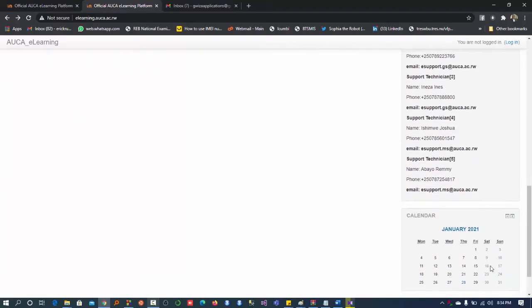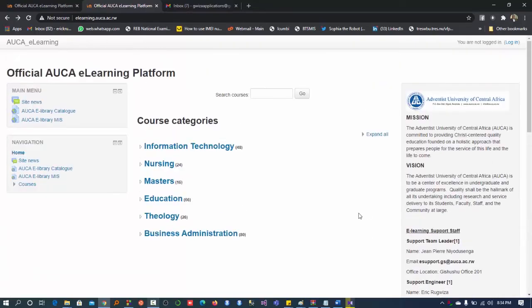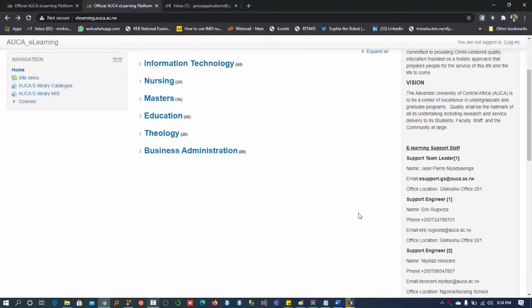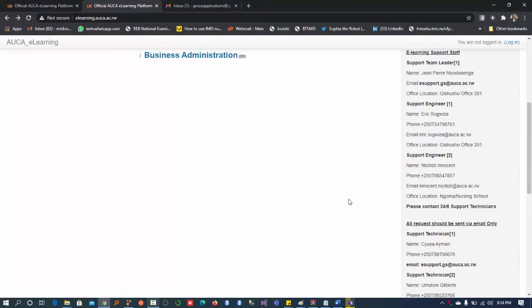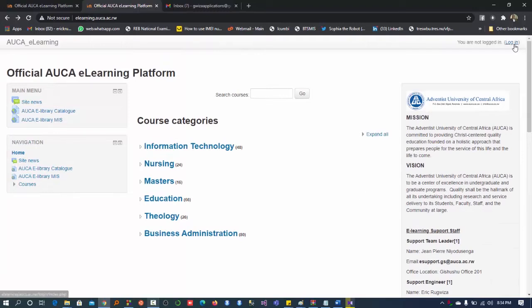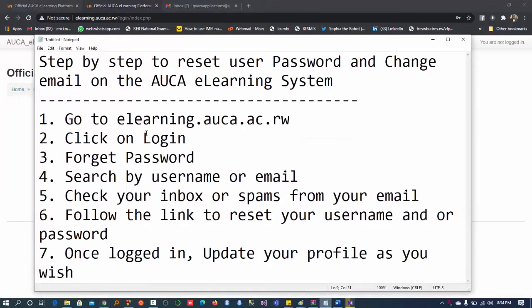After this, there is also a calendar that will show you what is planned for the e-learning system. If there is a planned update, you'll see it from the calendar. If there is general maintenance, you can also see it from there. So let us continue. After going there, we need to go to login, as we have detailed it here